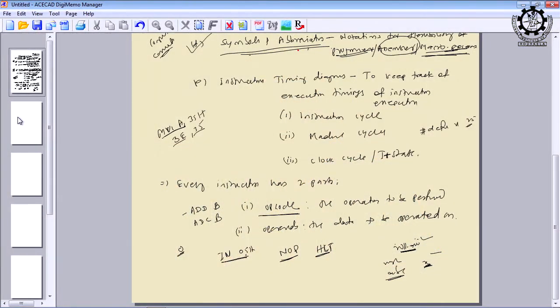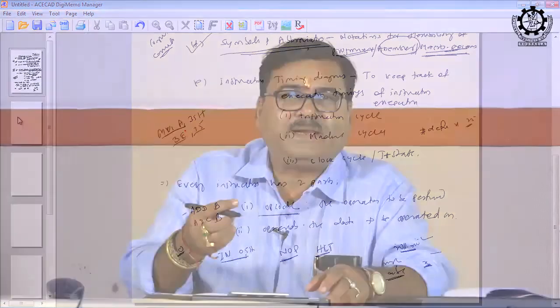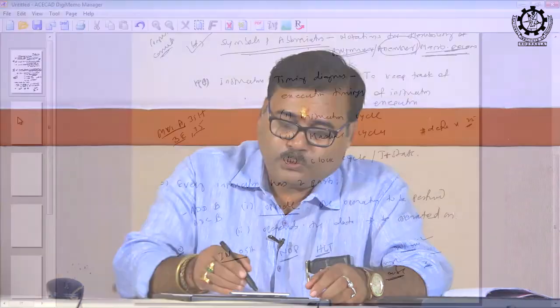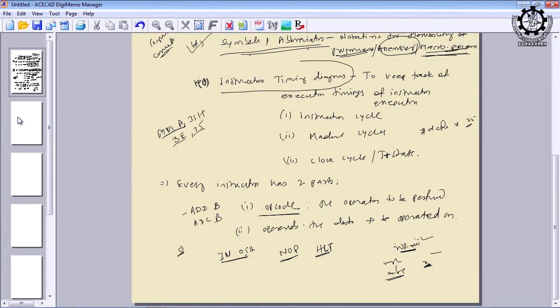It is not that we should not focus on the symbols and abbreviations. You will see in 8085 there are a lot of symbols. With a small variant of the task, we will have many more symbols. And as far as execution or the instruction set is concerned, we should be able to track how much time an instruction takes to execute. That is also required, so for that we should depend upon the instruction timing diagrams.